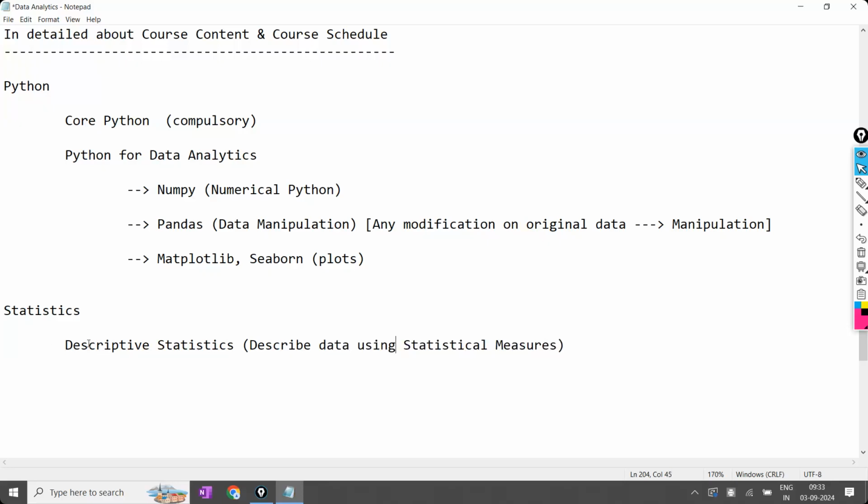All these things we are going to do in statistics. First, initially, we'll do descriptive statistics. And from descriptive statistics, we will move on to the next step called inferential statistics.